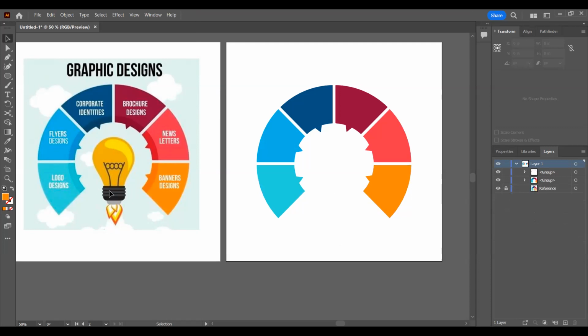So I know when I decided to do this work, a lot of people were thinking, why are we doing this very simple design? You can see that it's actually complex when it comes to doing this kind of design on graphic software. It's easy when you practice. So this thing that took me 30 minutes was just because I was explaining. If I were going to do this, all we did was draw a circle